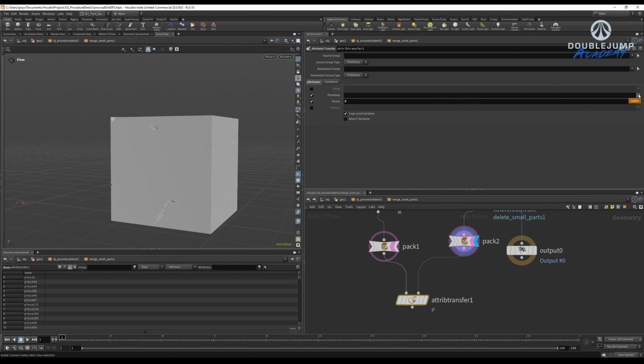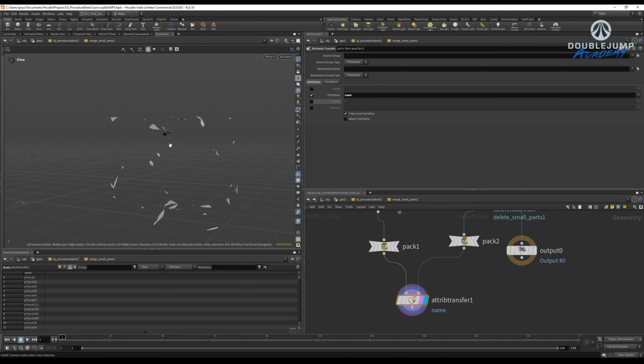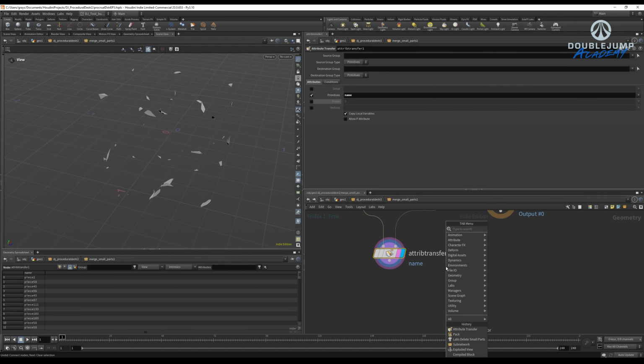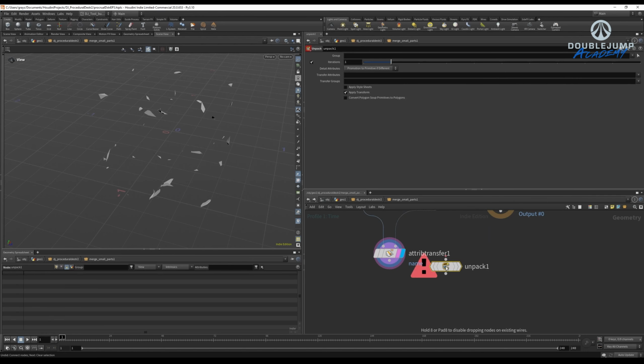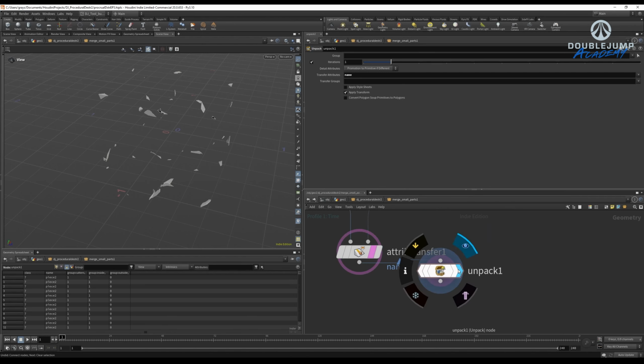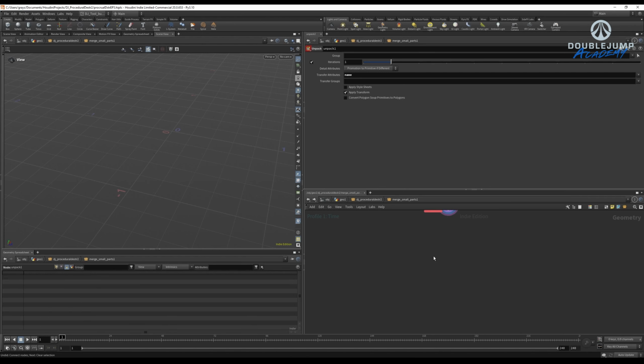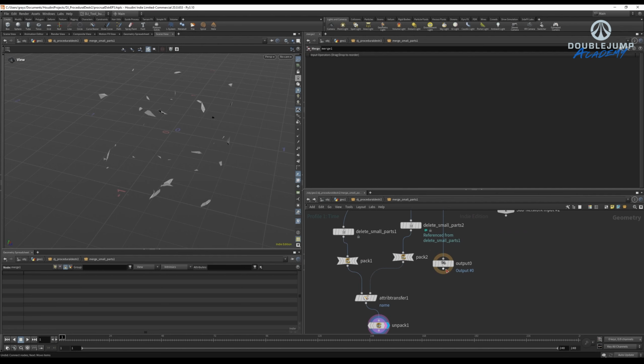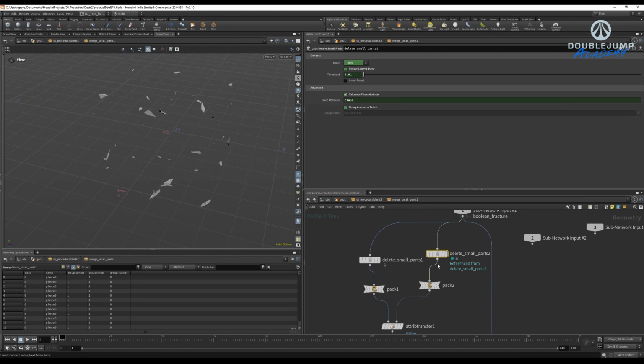So if I go to our name attribute here and enable this, now we're getting the closest name attribute from these pieces. And now if I were to unpack it and retransfer the name back over through here, and merge it back with our pieces over here,